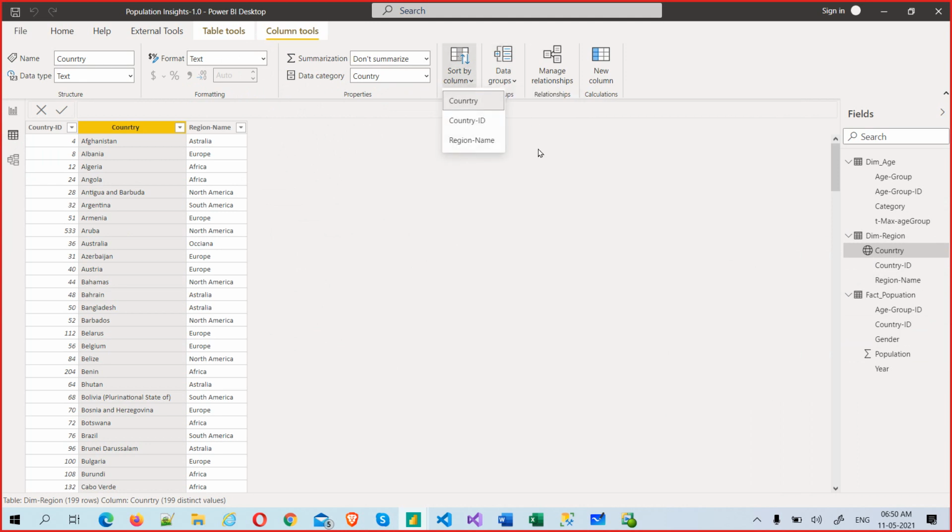We have not done sort by column. Simple. If I want to sort by customer ID or country ID, let's say I want to have a proper number order. See, 204 is coming here, which is not correct. It happened by country, because alphabetical A is coming first. Now I want to have this country ID. Based on that, let's simply click on this country ID. That is most useful when it comes to a real-time scenario.